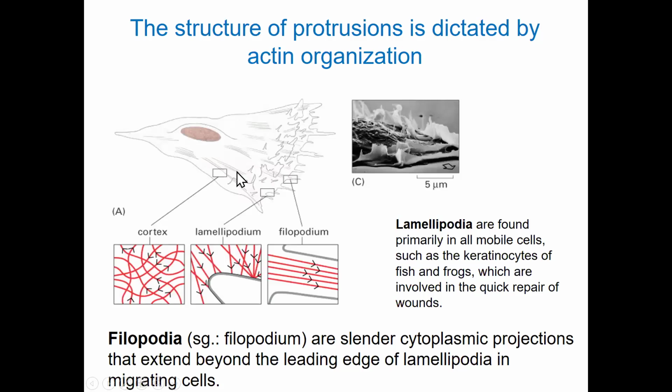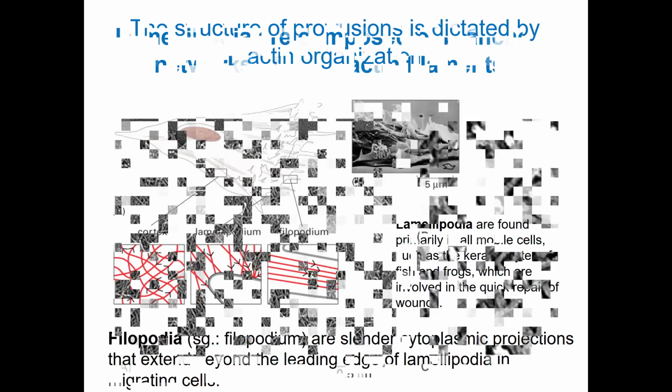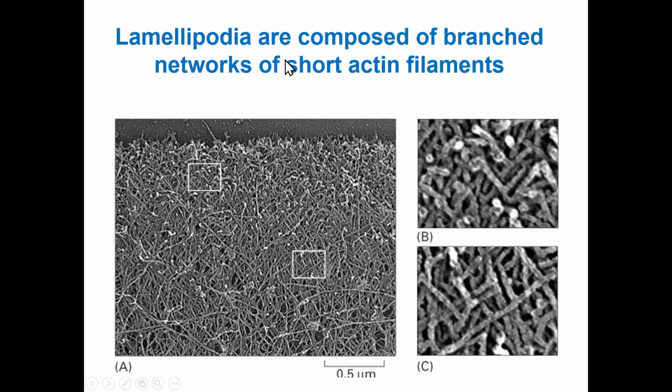Here a cell, you see how it is polarized, and now in this direction it will move. Lots of proteins are involved. I am trying to tell you the main role is actin and microtubules, and myosin also participates during the movement. Here you can see lamellipodia are composed of a branched network of short actin filaments. Here they are polymerized, and proteins are formed this way so that the cell can crawl and move.